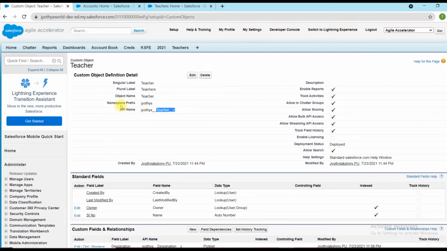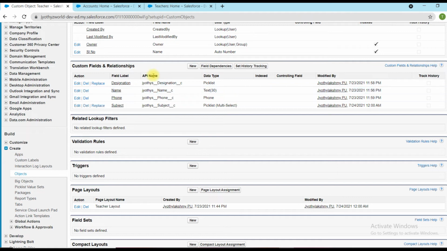Here for my org I have set up a namespace as this. That's why it is available. So for all the classes, wherever we want to use this custom object, in that case we have to use this API name.